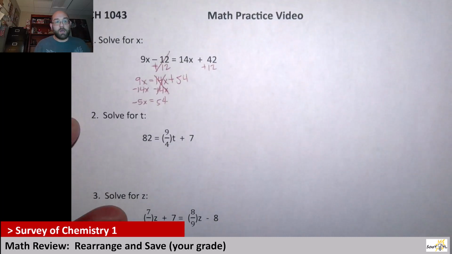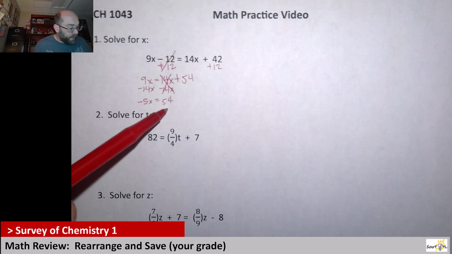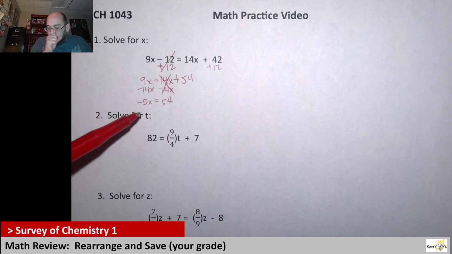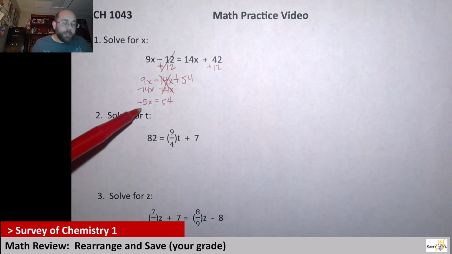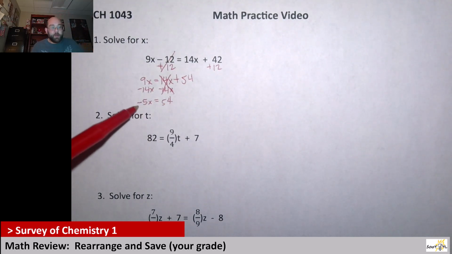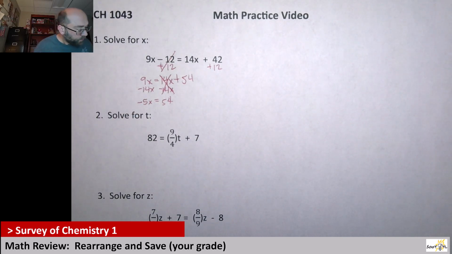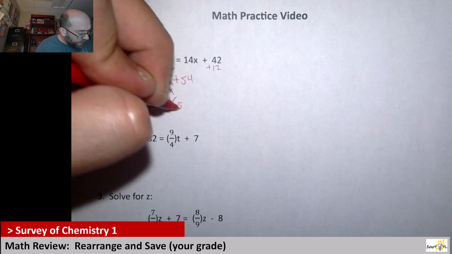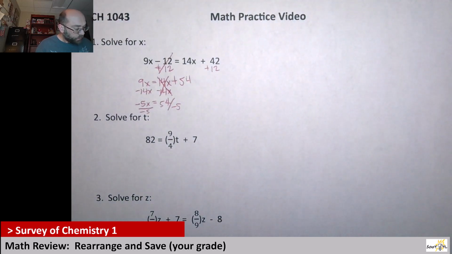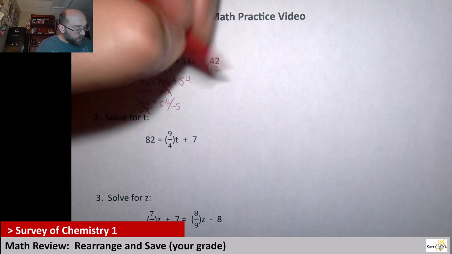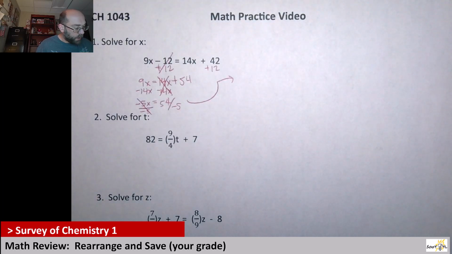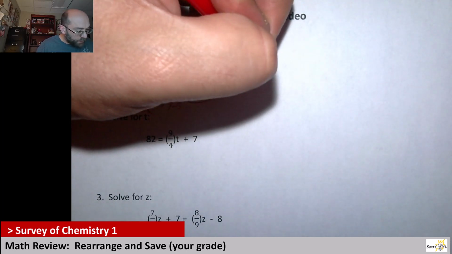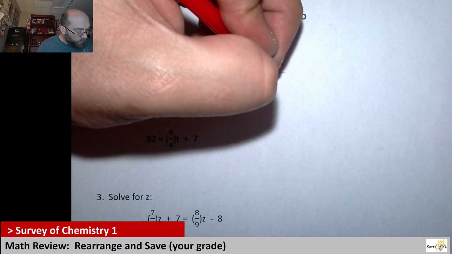Now I have an integer, and then I have my variable being multiplied by a number. So I would just divide both sides by negative 5, and the negative 5 here would cancel. So to solve for it, I would get x is equal to negative 54 over